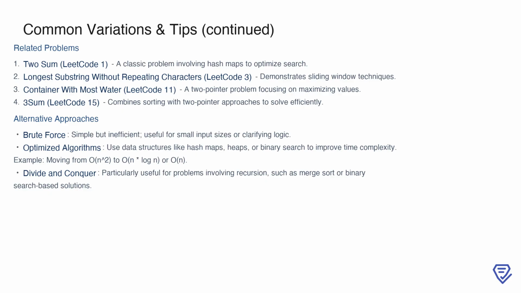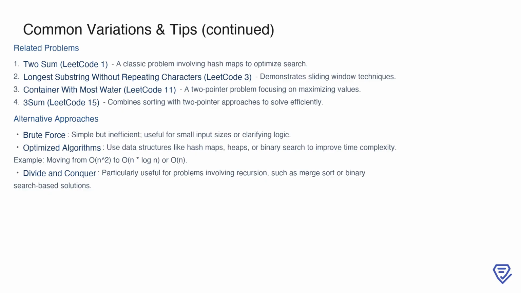Beyond related problems, it's also important to understand different approaches to solving them. A brute force method, while simple and intuitive, is usually inefficient and best suited for smaller input sizes or clarifying the logic. Optimized algorithms, on the other hand, leverage data structures like hash maps, heaps, or binary search to achieve better time complexity. For instance, moving from O(n^2) to O(n log n), or even O(n), can make a significant difference for large datasets. Another powerful approach is divide and conquer, which is particularly useful for recursive solutions, such as merge sort or binary